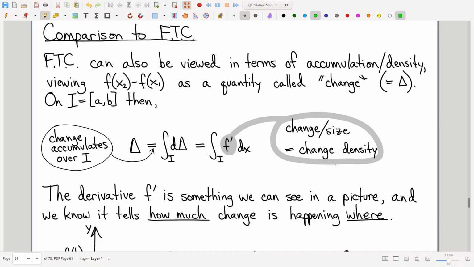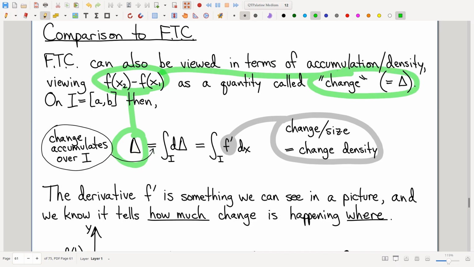So I'm going to give you a different take on the fundamental theorem of calculus that I know y'all are already very comfortable with. The theorem, that is. The take I want to give you is that the left side of the equation, f of b minus f of a, that y'all have all known about for a long time, I'm going to call it change. And guess what? It is an accumulating quantity. So the fundamental theorem of calculus that you're all kind of semi-experts at